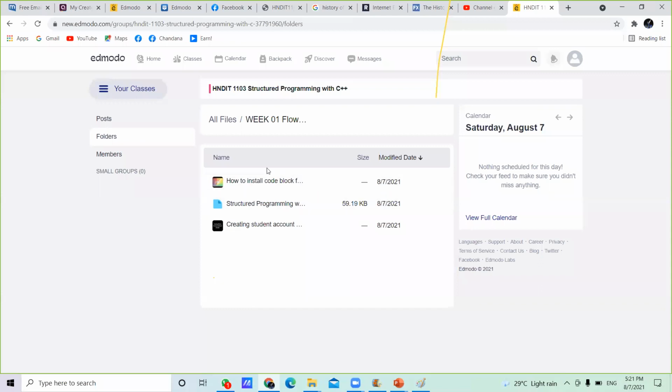Then I added another video, how to install Code::Blocks for C++. Actually, later you will understand better what this is. Here we are going to use C++ as a programming language. Then there should be a way to write the code and run the example programs. Here we are going to use software called CodeBlocks to run all the C++ programs. Then you need to download CodeBlocks and install it on your computers.